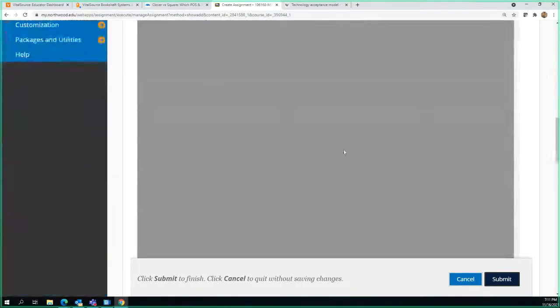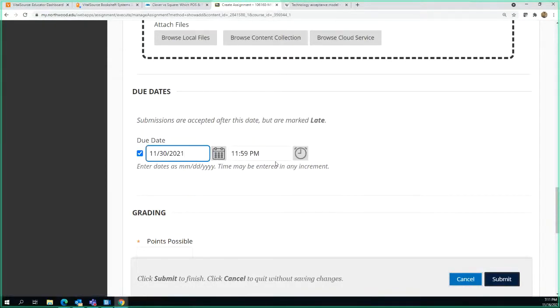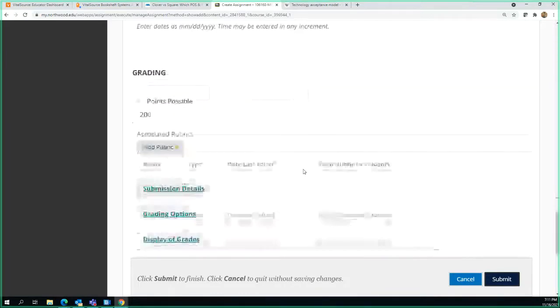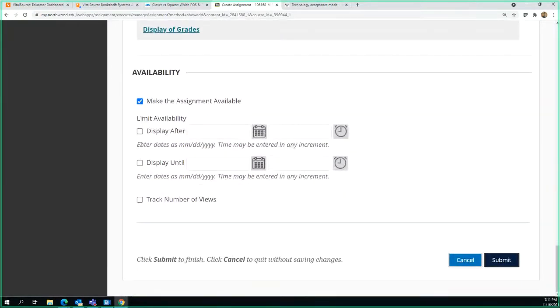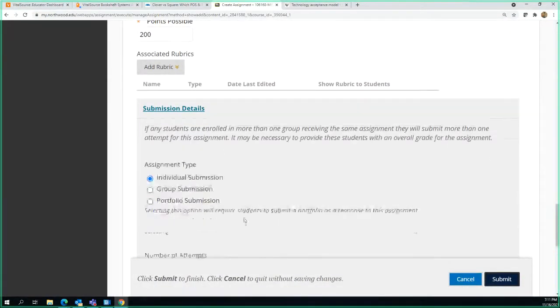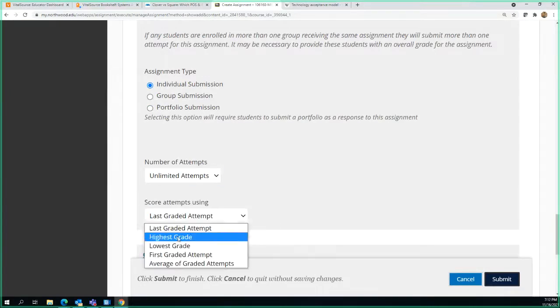And because this could be time consuming, I'm going to make this due at this point, and I'm going to make it worth some more points. And I'm going to allow an unlimited amount of submissions, with the highest grade counting.